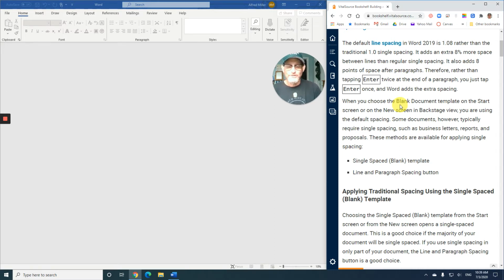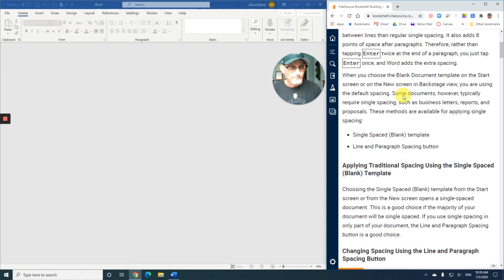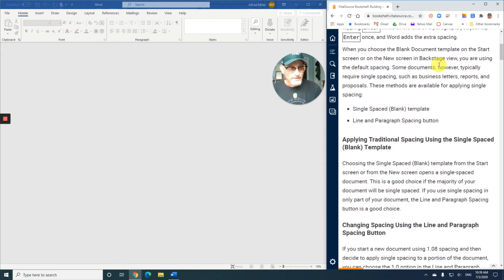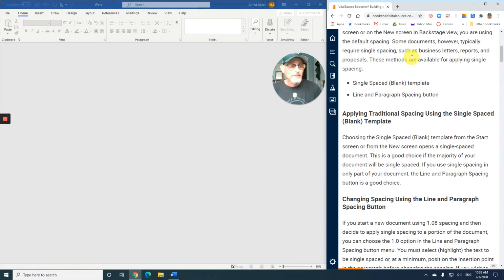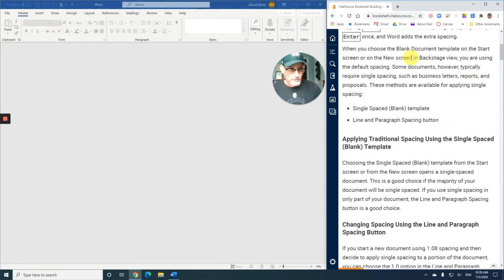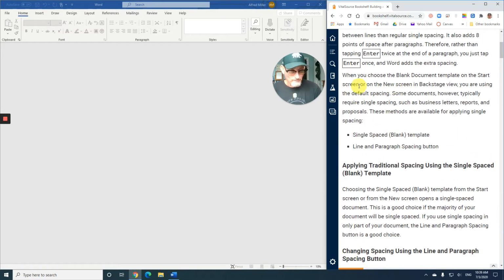extra spacing. So those of you who've done word processing type stuff in the past, you remember having to press enter twice to get that blank between the paragraphs. You no longer have to do that because of the way they've set up these apps now. So when you choose the new blank document template on the start screen, file new basically, you're getting that single spaced, that 1.08 spacing and everything. But if you want to make it single spaced, you can go from file new, you